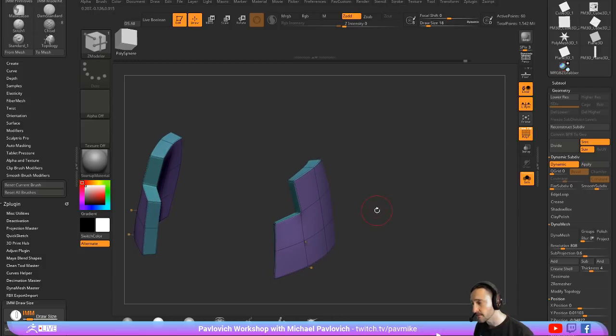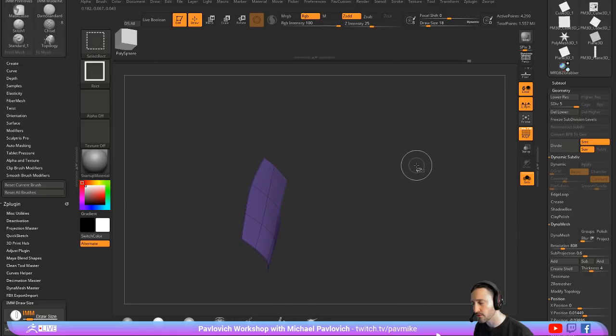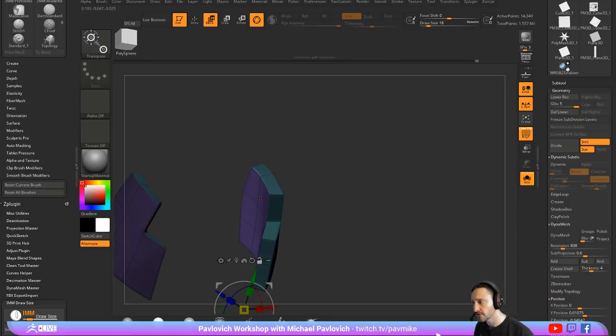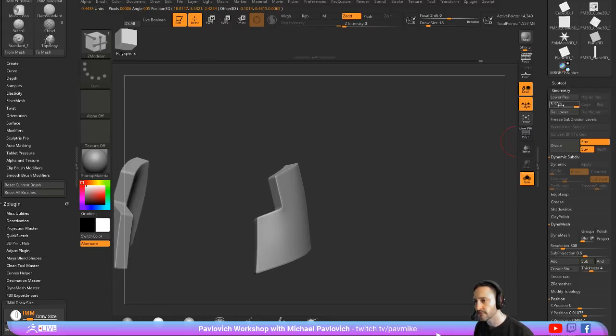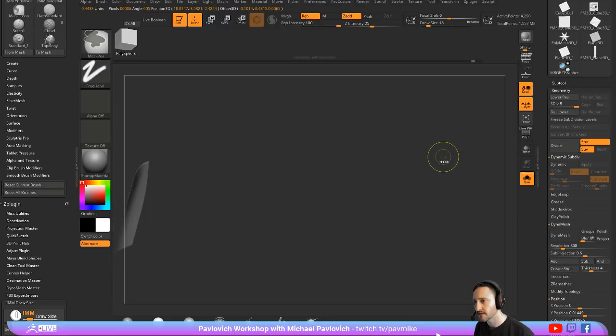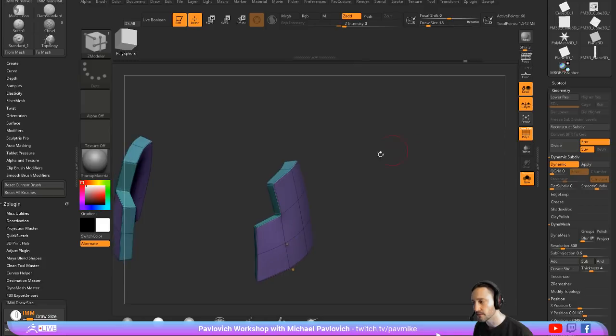Now if it is dynameshed or it is like actual subdivision history, it's going to be a little bit tougher. You can isolate these back portions here, you can mask them and invert them, and you can kind of move them, but it's going to get nasty. So when I'm doing armor stuff, that's why I always try and keep dynamic subdivisions on for as long as possible, just so that I have the flexibility. I can do Shift D and D to go out of dynamic, and I can always go through here and I can either